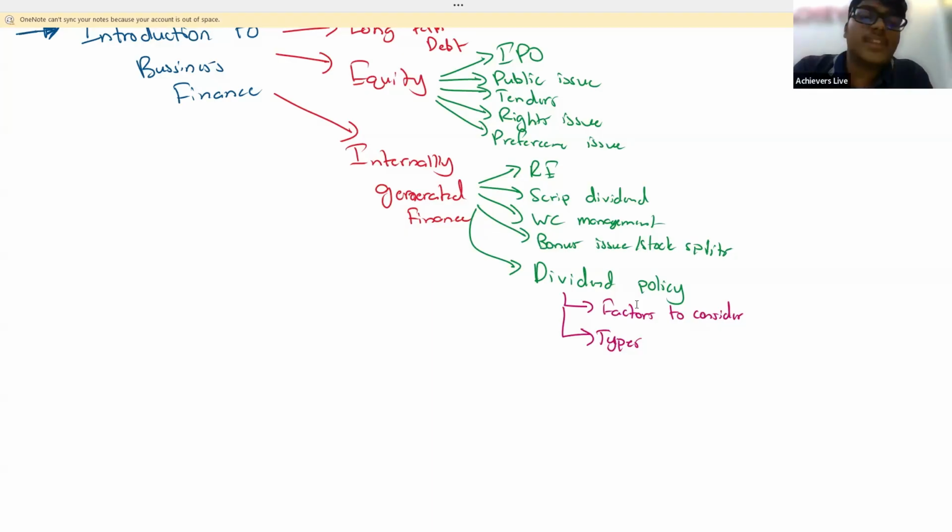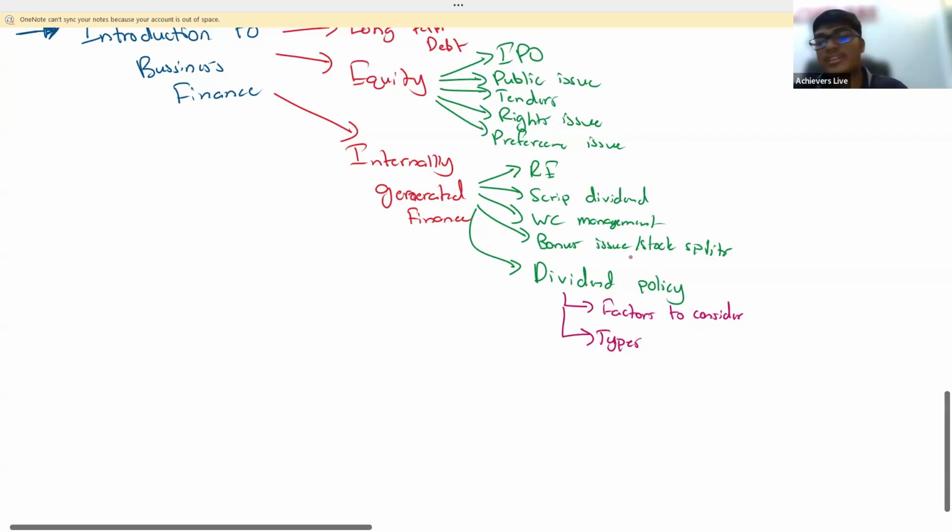Next you have zero dividend policy. You are not giving any dividends to the shareholders. You are investing all of the money and telling the shareholders, if you want a dividend, manufacture your own dividend: sell your share and get the dividend. Next is constant payout. Constant payout is different from constant payout ratio. What is constant payout? Fixed payment of dividend. These are the different dividend policies. Generally, a young company will follow a residual policy and a mature company will follow a stable growth or a constant payout policy.